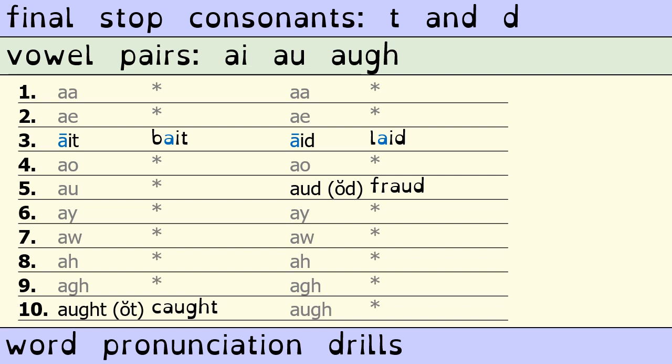Before we continue, you might notice that not every vowel pair possibility exists in Common English. I included all the possible pairs just to highlight which pairs are followed by T or D and which pairs are not.